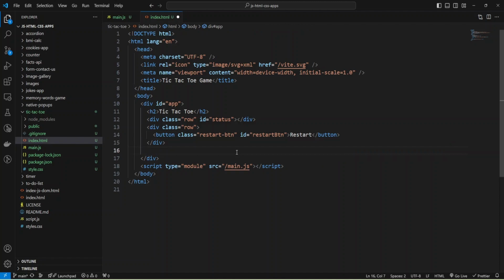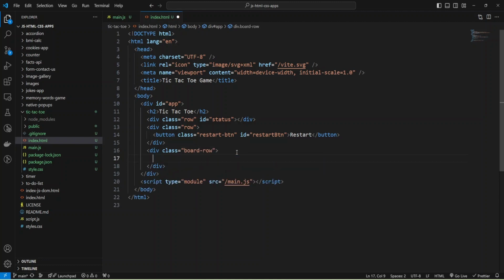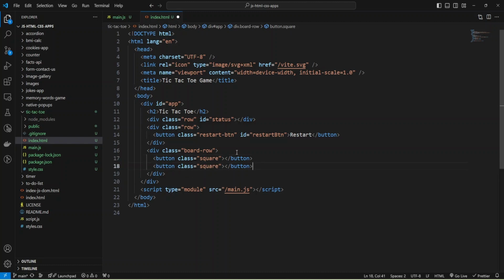Okay, and now we can build our game field, and for that I'm going to create a div with class board-row, and inside this row I'll add 3 buttons with class square, and just copy paste this button and add some digit 0, 1, 2.